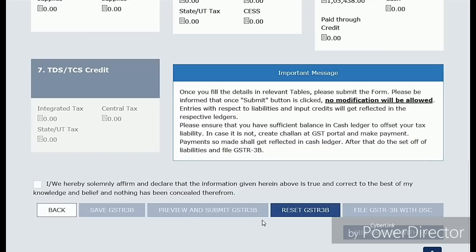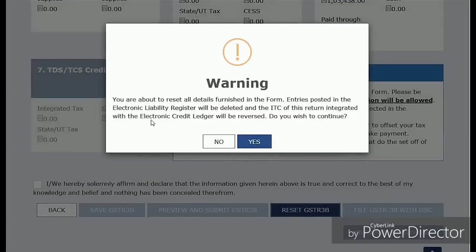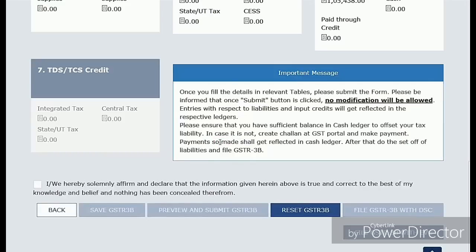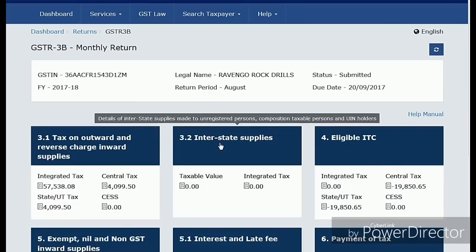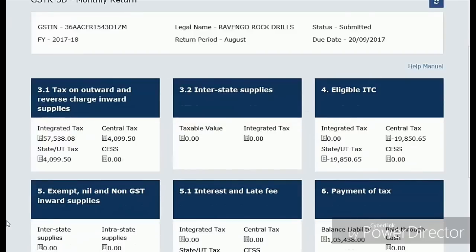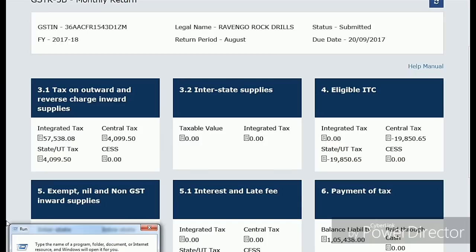First of all, to reset the values, click on reset GSTR-3B. But before clicking on reset, first of all, try to take a screenshot for better security. First I'm taking a screenshot, because whenever you are trying to modify the values, you should know what the before and after values are.